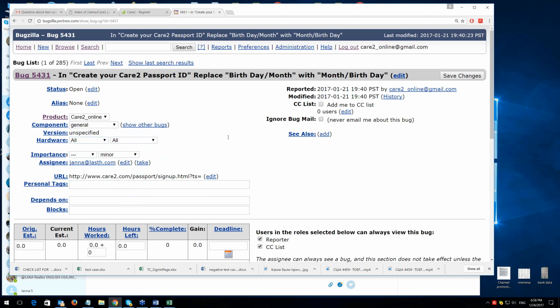Let me review. Enhancements, you will also see change request, you will see improvement. They all are synonyms, all are the same. So in this particular case, instead of priority, we see importance. Do we care? No. We just have to understand that this is the same as priority. Assignee, we also always have the default assignee. In this particular case, the default assignee is me.